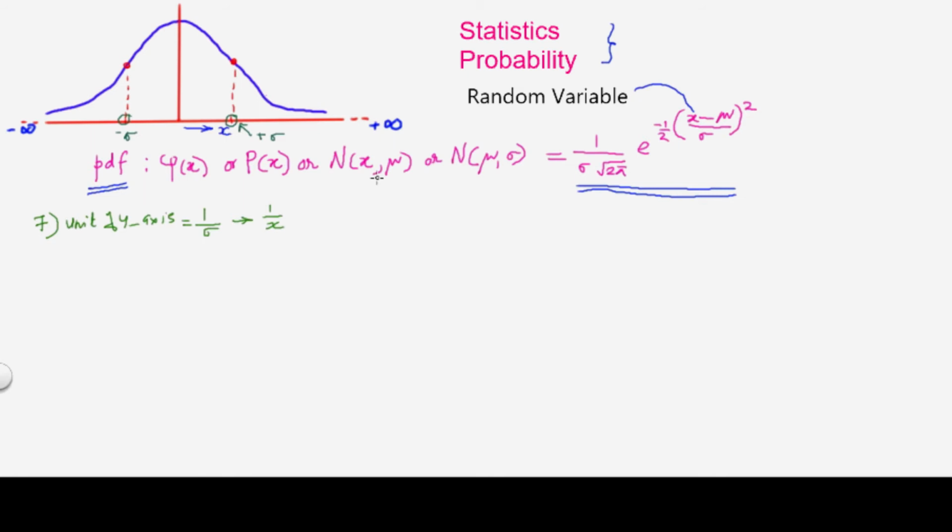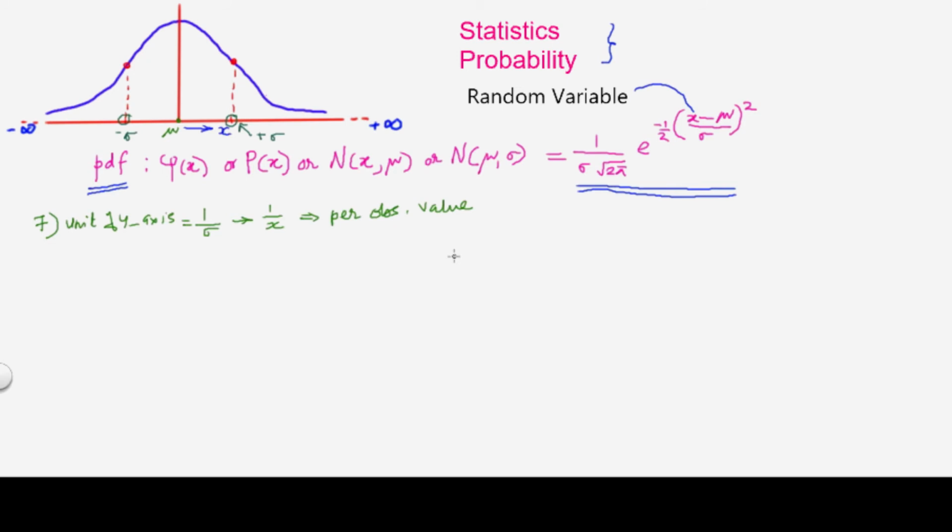It is also convenient, or from some other perspective, we can also say that the y-axis represents the probability per observed value, or per unit of the observed value. So it's per observed value, or its unit. So that is the unit of the y-axis, and we have already seen the units of x, mu, and sigma, etc.